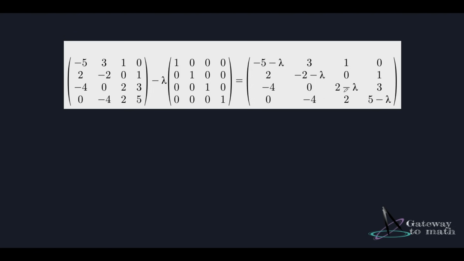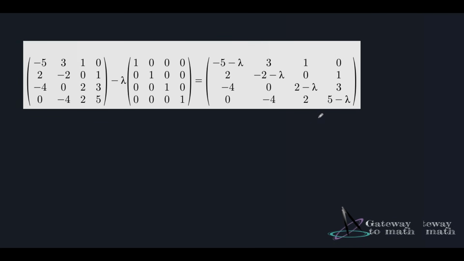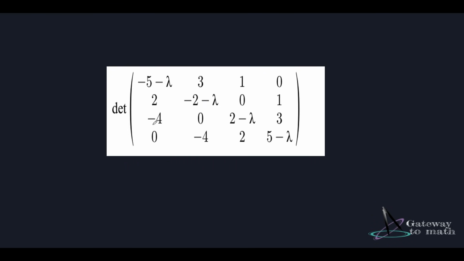Now we need to bring this matrix in row echelon form to compute its determinant, because that was our original expression. Remember, A minus lambda times I, and we need to find the determinant of this expression, correct? So I need to find the determinant of this matrix. To find the determinant, we've seen many